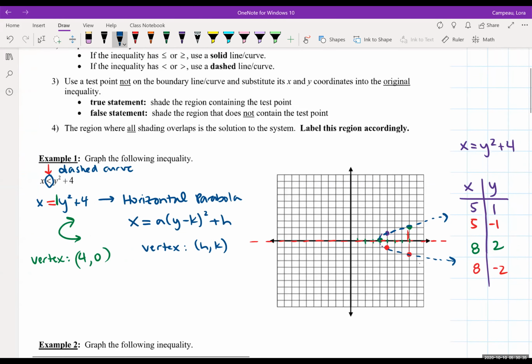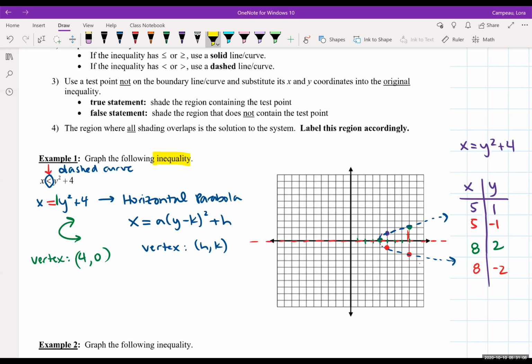So we do have the direction in which our parabola is facing. We have the nice boundary curve. Very last step, remember, this is an inequality we are looking at. We're going to have to figure out which way to shade. Now, sometimes you do a lot of these and you start to figure out what the pattern is, but the foolproof way of figuring out what side of the curve you're going to shade on is to pick a test point